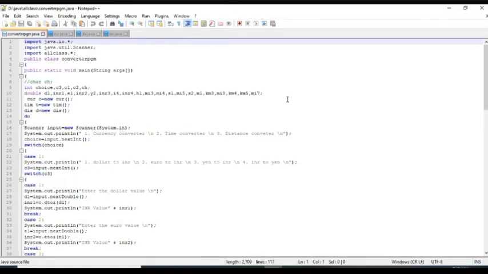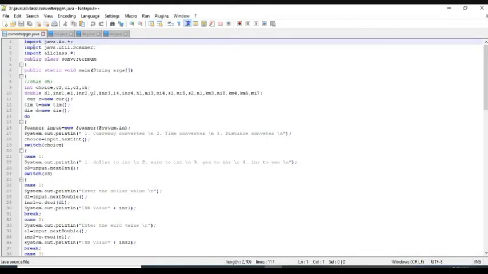Next, packages are divided into two categories. The first one is built-in packages, and the second one is user-defined packages. Built-in packages means packages from Java applications. User-defined packages means creating your own packages. Okay, so let's move into the program.